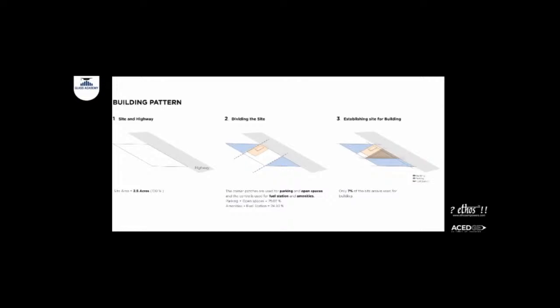So the first drawing is the site and the highway. It's a 2.5 acre site. Then we thought of dividing the site into three parts. And the triangle, the scale of the triangle was not allowing us to construct anything. And then we wanted to keep the amenities and the fuel station in the middle. So when one arrives, they can quickly identify that, and these two buildings are not placed in any corner. And the fuel station has certain dimensions which we have to work with, and those are prescribed by the NHAI, which we have to follow.